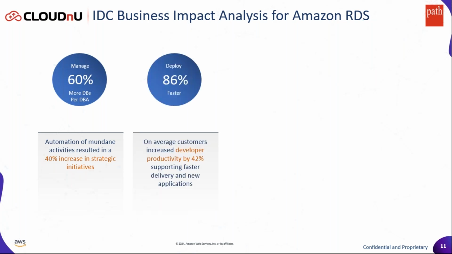And not just that, when you're building new applications, it typically requires a lot of infrastructure to be set up prior. It needs databases to be installed, configured. The whole setup needs to be done before it's handed off to the application teams. That's improved by about 86%. In fact, if you've used RDS in the past, you would really resonate with this. It hardly takes about 5 minutes to set up an entire RDS instance, irrespective of the size, right? So productivity for the development teams really improves, because they can spin up and shut down these resources super fast.